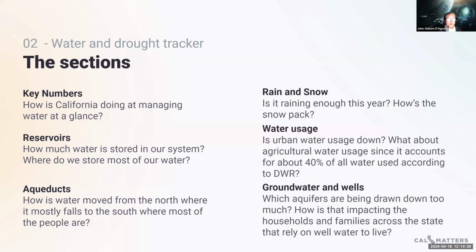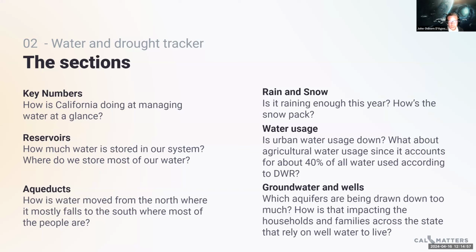Obviously, rain and snow, very important aspects of water in California. So we wanted to give context, historical context over the years, looking at different trends and how much precipitation the state is getting, what are the conditions right now in different parts of the state, how much snow is storing up in the mountains, which is again a vital source of water as that snow melts and comes down to